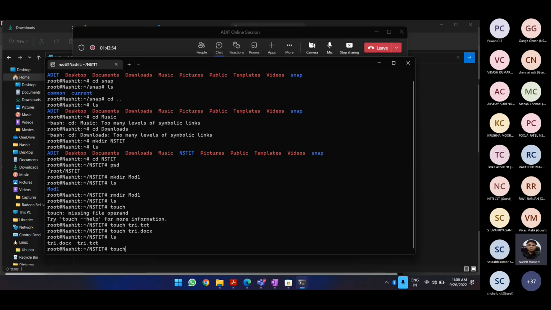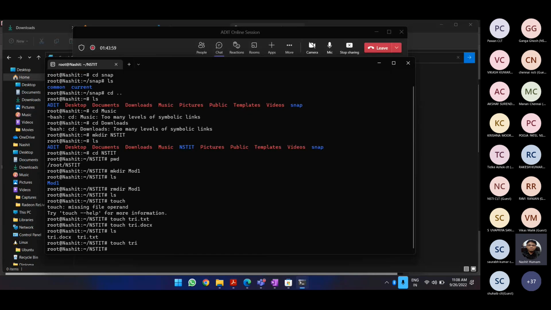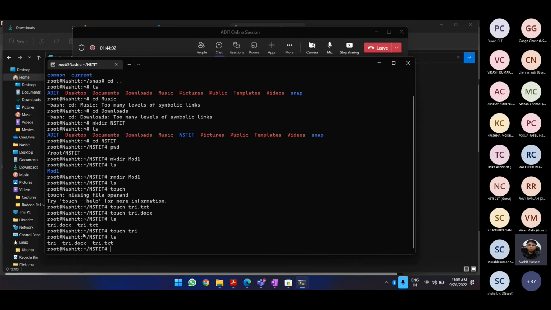Now let me create a try. So it has created a file which doesn't have a specific file type. That is try dot yes. We can even create an Excel file.